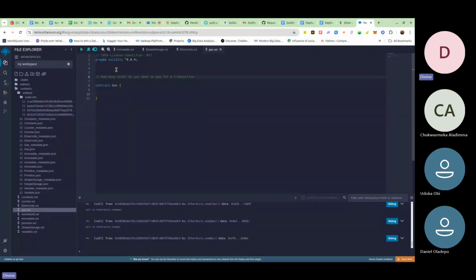The way you calculate it, you're going to say the gas spent multiplied by the gas price is the amount of ether you're going to spend on a transaction. So gas spent times gas price, where